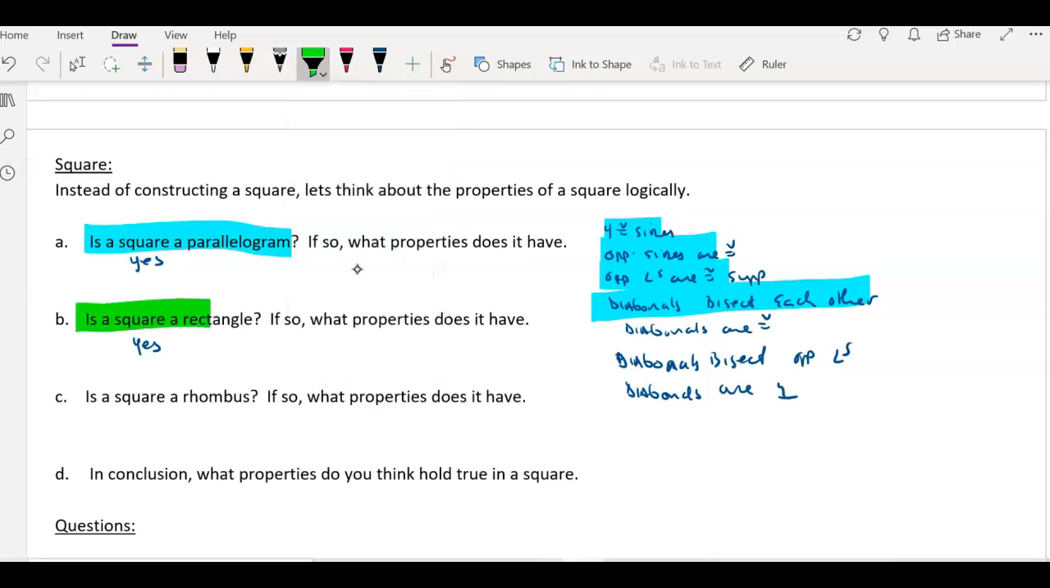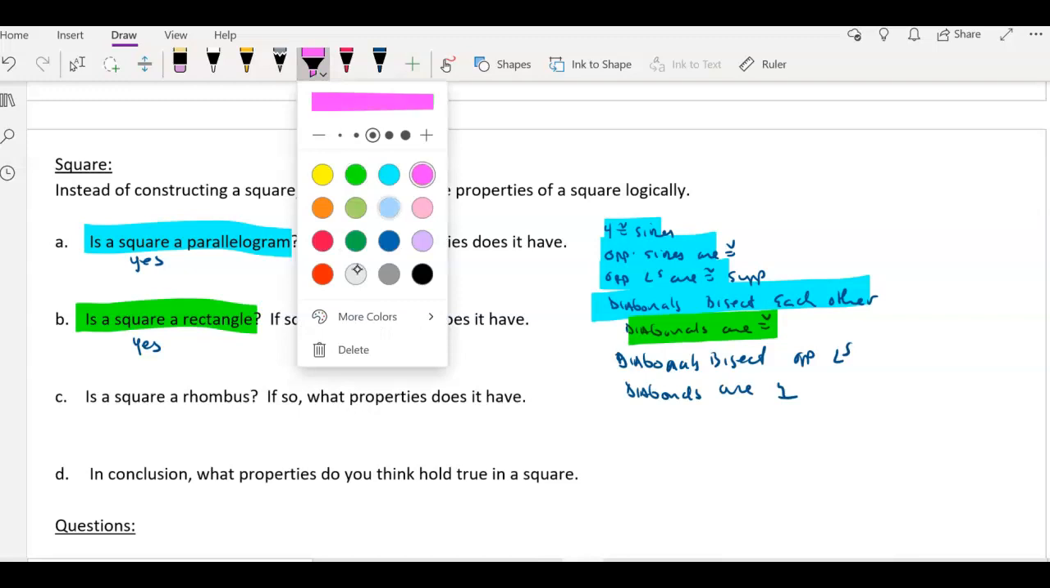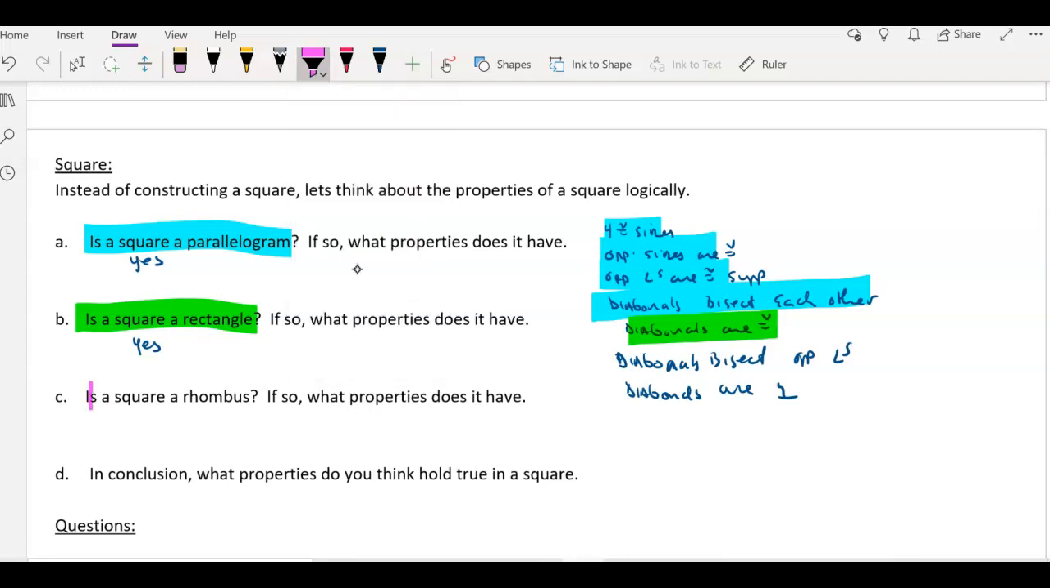So what happens is all the properties of a parallelogram exist in a square. All the additional properties of a rectangle exist in this, and every property of a rhombus exists in a square. So all of these properties hold true in a square. Okay, so